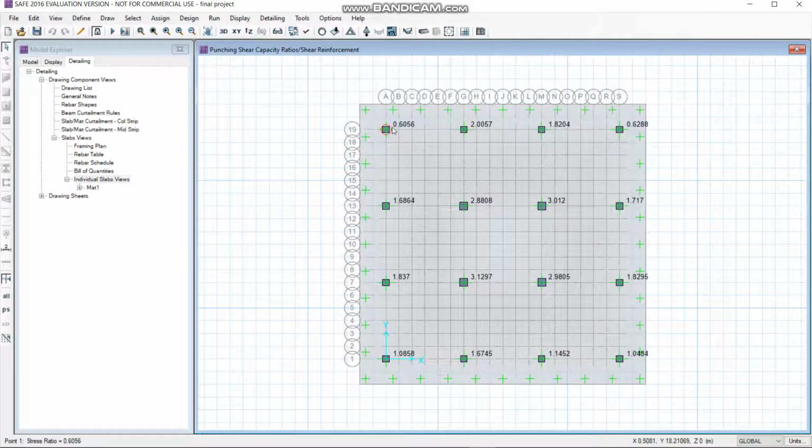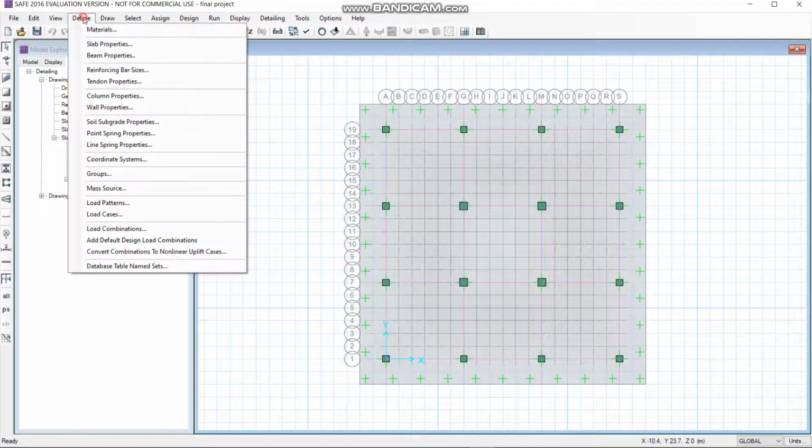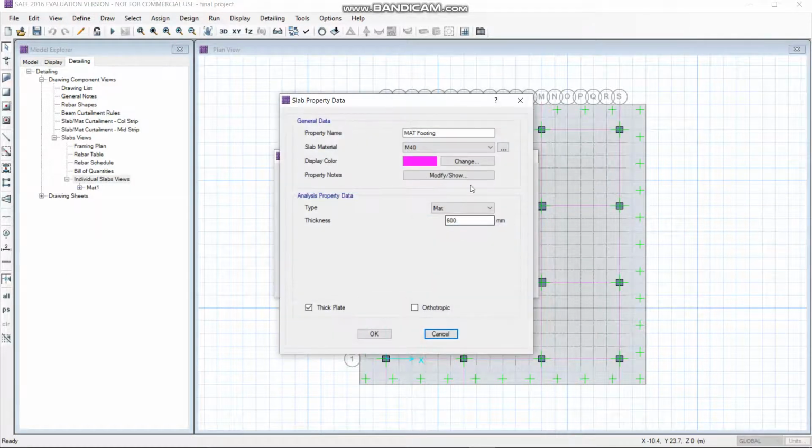As you can see, these values are greater than 1. Generally the recommended punching shear value should be less than 1. So to change this, we are going to change the slab thickness. First, before changing the slab, unlock the model and define the slab properties, changing 600 to 1200 mm.